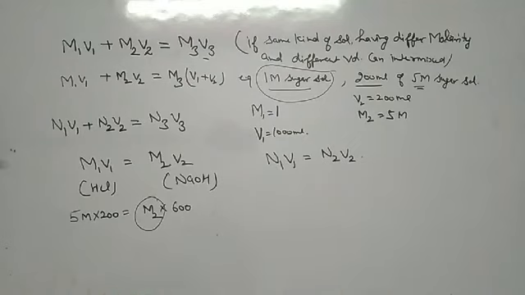Once you get the value of one thing, you can find the other very simply. Clear? And Vidita also knows about M1 V1 plus M2 V2. Actually this one is made for the